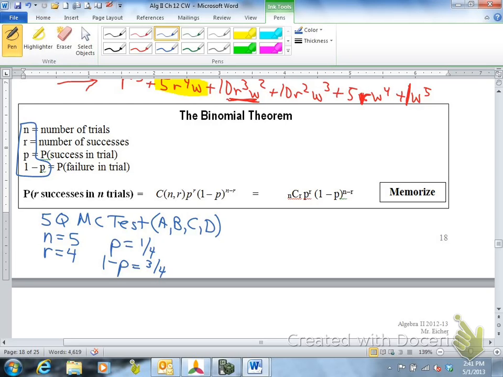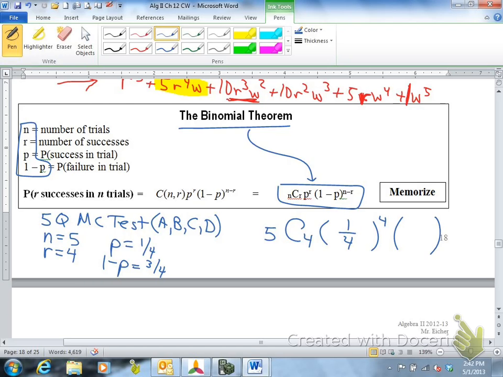And what we do with this, we use what's called the binomial theorem, which I like to write like this. You can see it also this way on the left. It looks really complicated, but actually using it's not as complicated as it looks. You would have 5 questions. You're choosing 4 to get right. 5 choose 4. You multiply by the probability of success, 1/4, raised to the exponent how many successes you want. You want 4 successes.